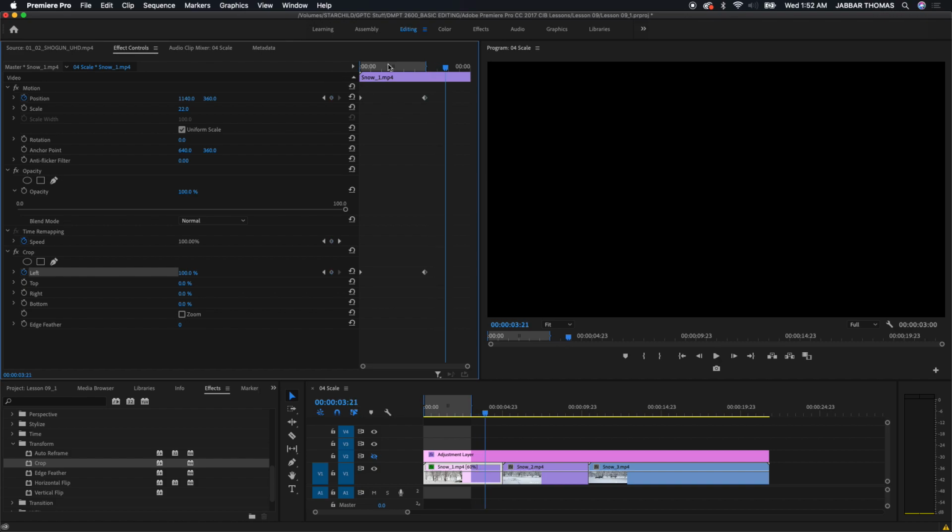Okay. And so what happens is that I see two things happening. I see the clip moving from left to right, and I also see the clip cropping at the same time. Okay. The reason why I set an in point and an out point at my two keyframes is because of